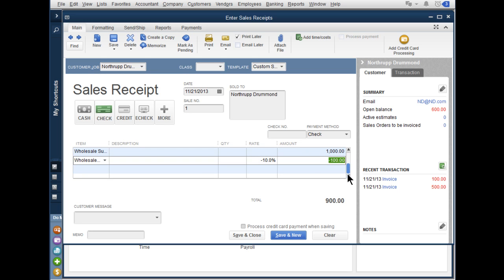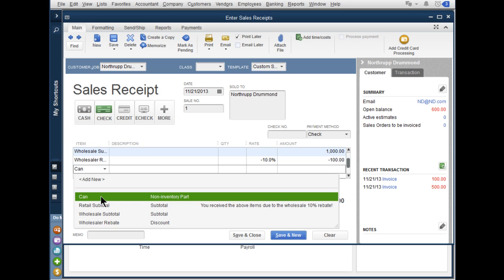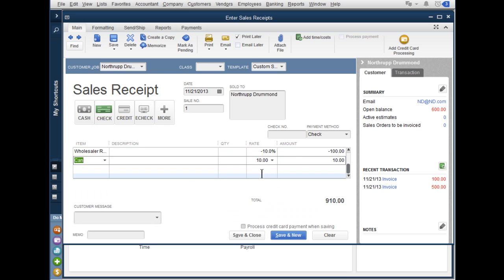I'm just going to scroll down and put more cans on here, and I'm going to put $100 worth of cans. Already got the amount right there, and these are at retail price, which is $10. So we'll need 10 cans to make up that 100. So the two match now,